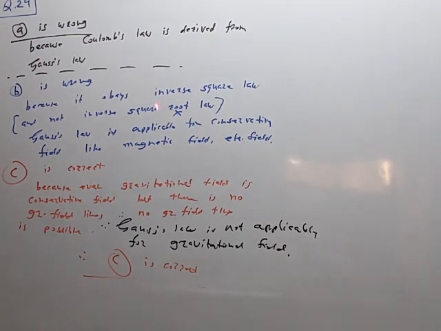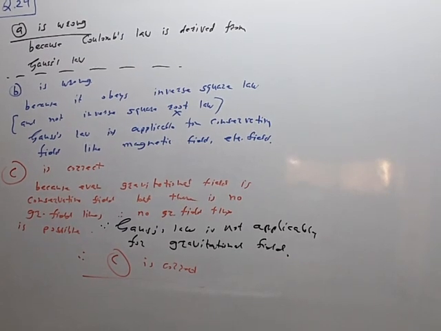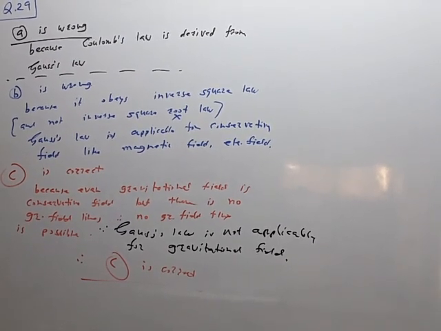B स्टेटमेंटचा फर्स्ट हाफ पार्ट करेक्ट आहे, सेकंड हाफ पार्ट रॉंग आहे, म्हणून तो आपण रॉंग घेतलेला आहे. लक्षात. So the gravitational field is also a conservative field, but there is no concept of field lines in the gravitational field, and therefore this C statement is wrong. Gauss's law is not applicable for the gravitational field, like this. Okay, we'll stop here.